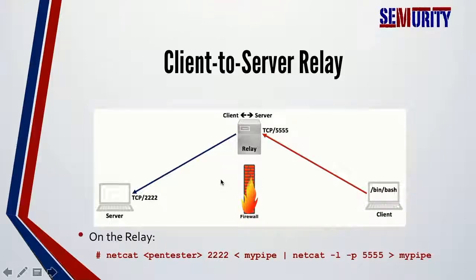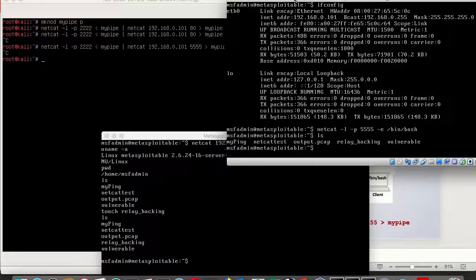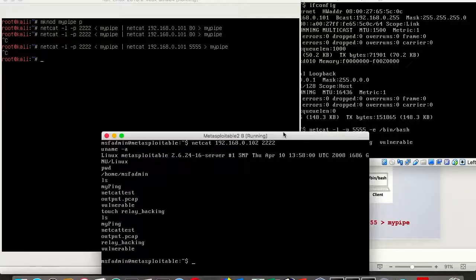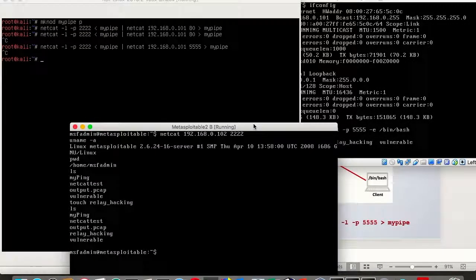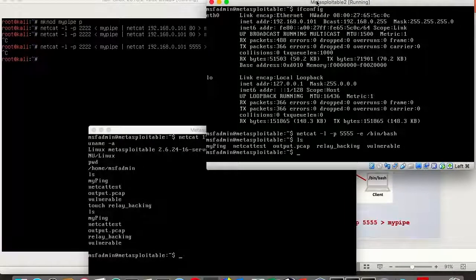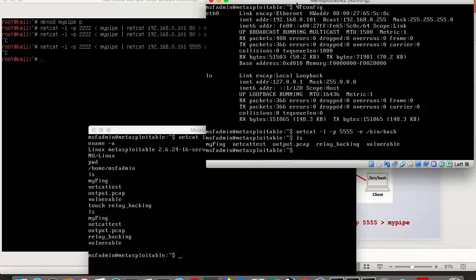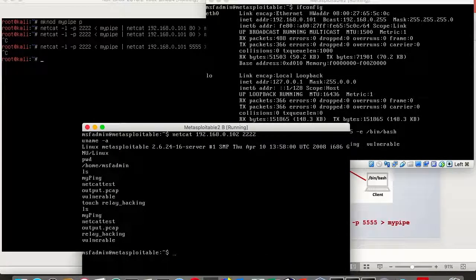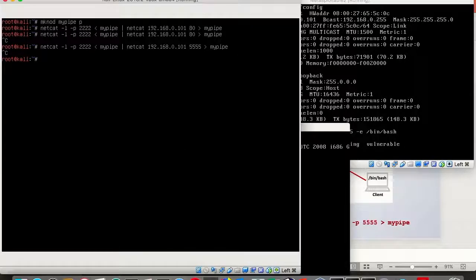Let us look at a demo here. Again, we have 3 systems. We have Metasploitable target over here, and then we have Kali Linux, which is gonna be our relay system, and then we have another Metasploitable, which is the penetration testing machine. And because this is a client to server, we need to set up first on our machine netcat in a listening mode. So netcat minus L minus P 2222, and I hit enter, and then I come here, and what I'm gonna do is I'm gonna run the